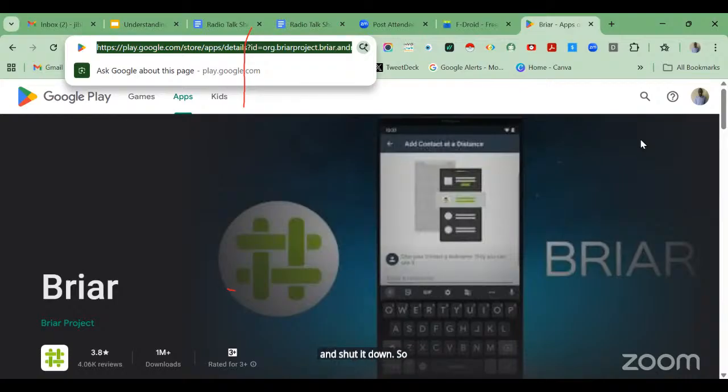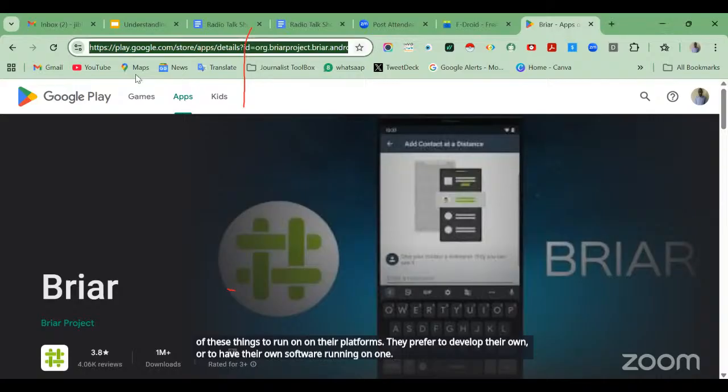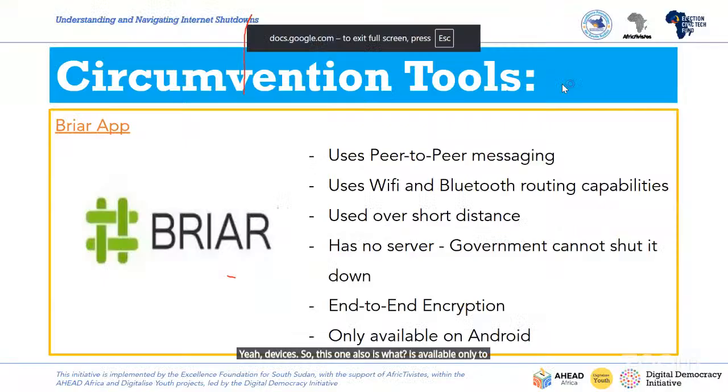So this app is also only available for Android users for the same reason we stated earlier. The iPhone doesn't allow some of these things to run on their platforms. They prefer to have their own software running on their devices.